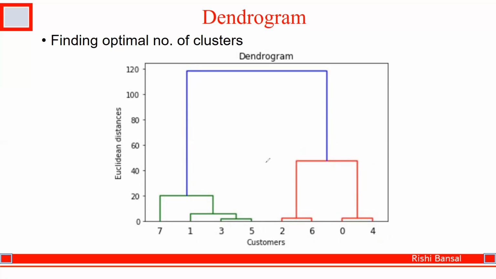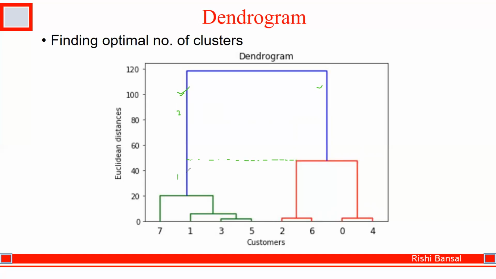Somehow we have to choose the longest part in any line which is not crossing any horizontal line. So these two are the longest lines, okay? Now this line is crossing this horizontal bar. So you need to choose like this. Okay, so this line is divided into two parts. This is the first part, this is the second part.